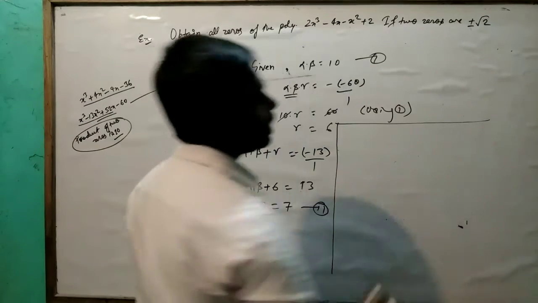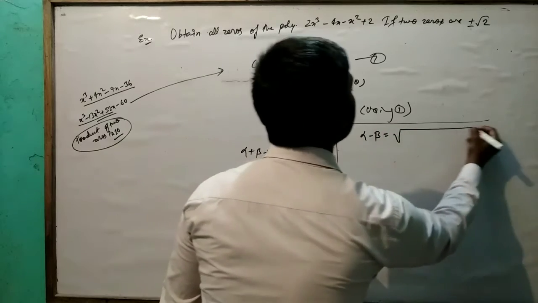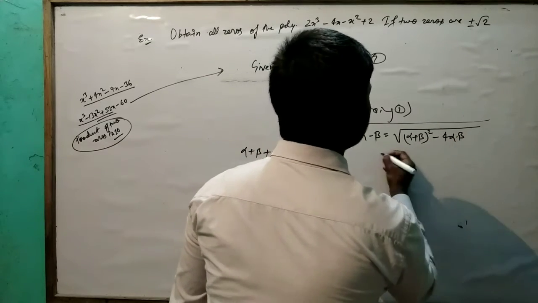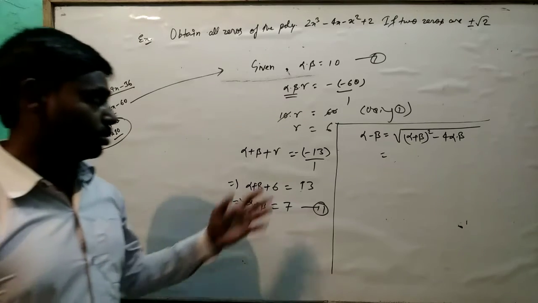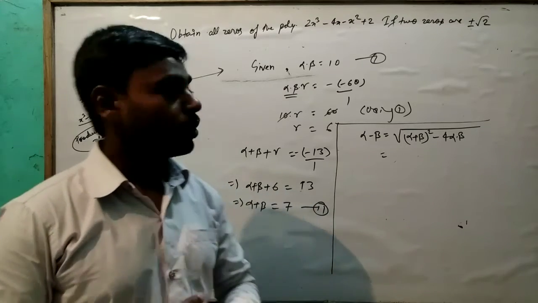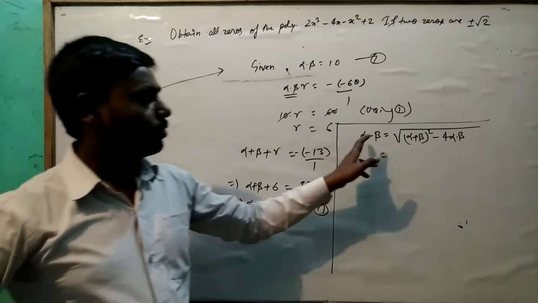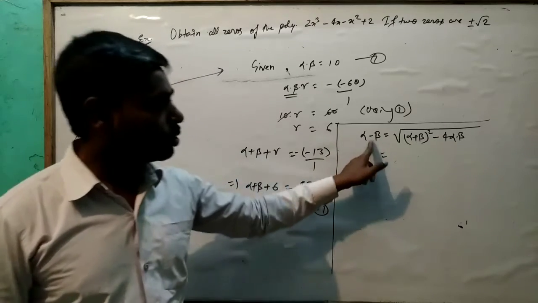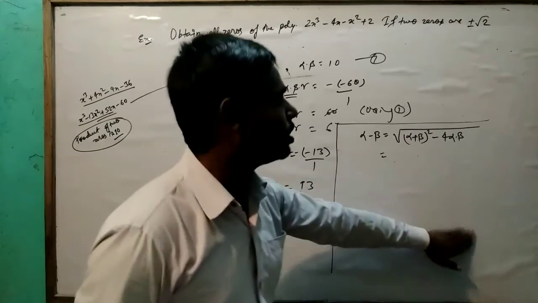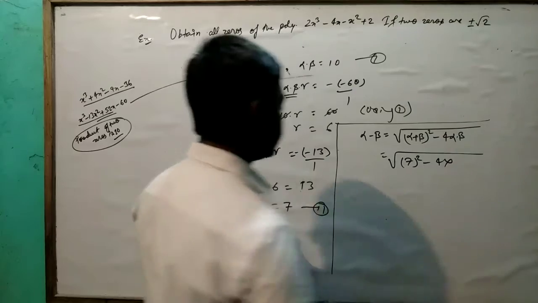One thing we have already studied in a previous video: alpha minus beta is equal to under root of alpha plus beta the whole square minus 4 alpha into beta. We have to find these two zeros, alpha and beta, and there is no other process to find them, so we use alpha minus beta. After this, any zero substituted in this equation gives our answer. Then we see alpha plus beta is 7 to the square minus 4 into alpha into beta, which is